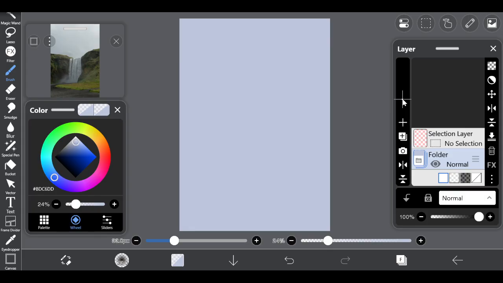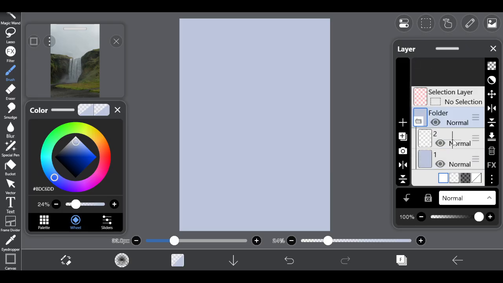I can follow up with more adjustments, layers, and so forth. Anyway, so from the